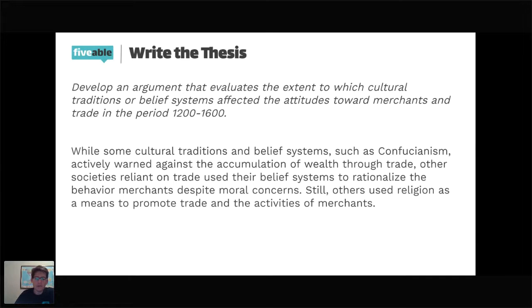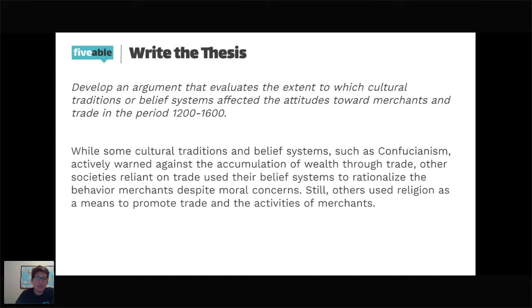So one thing I would remind you is that you can use documents more than once, and you can use them as part of multiple arguments. So when I'm thinking about this, I kind of have a 3-part thesis here. And you notice I could not fit it in one sentence, or maybe I just didn't try hard enough. So I have kind of a complex thesis here, but one that says, well, some of